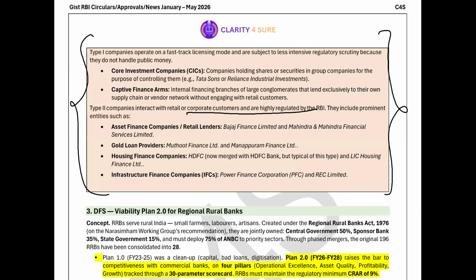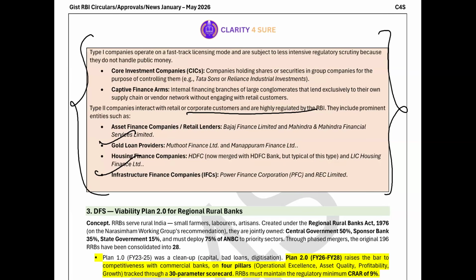They include prominent entities such as asset finance companies आ गया, retail lenders, that is Bajaj Finance Limited, Mahindra and Mahindra Financial Services Limited, gold loan providers, that is Muthoot Finance आ गया, Manappuram Finance आ गया, housing finance companies, which is HDFC, now merged with HDFC Bank, but typically of this type, and LIC Housing Finance Ltd, infrastructure finance companies, which is Power Finance Corporation and REC. ये सब याद रखो. टाइप 1 कंपनीज में क्या है, टाइप 2 में क्या है. Is it clear? Now, the third,